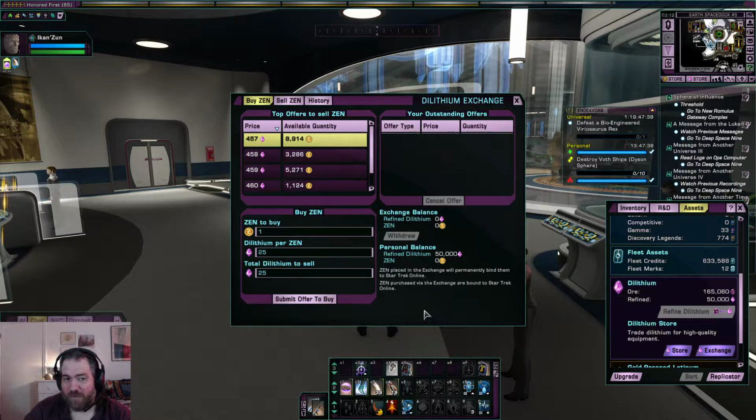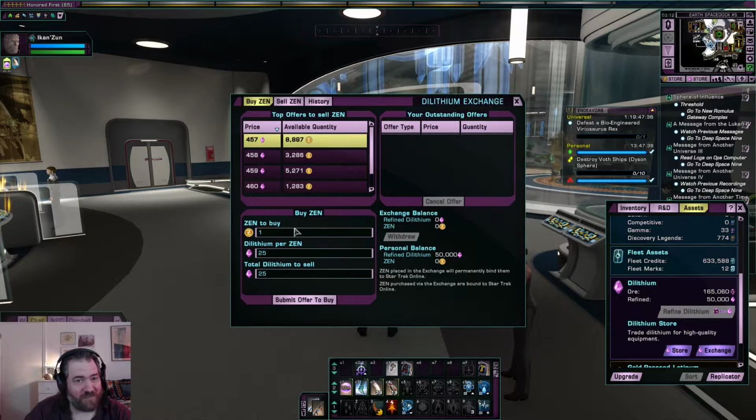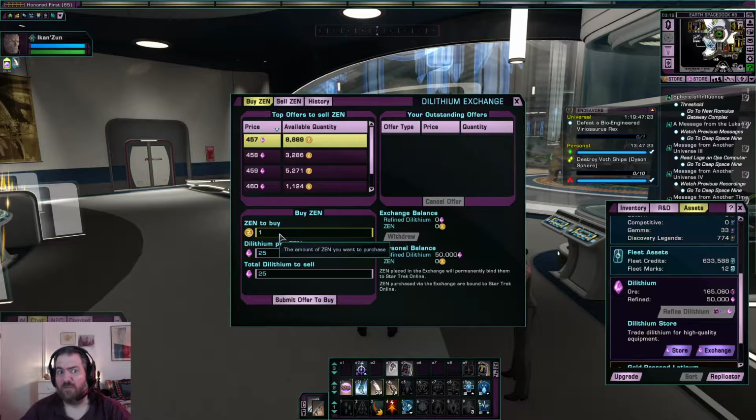But if you want to transfer dilithium between your accounts, you can do it through the exchange in a very simple way. Set your dilithium price to minimum, a price that nobody is going to like. Okay, if someone lists Zen for 25 dilithium per Zen and you're able to buy it, oh darn, sell it back at the upper prices. I mean,